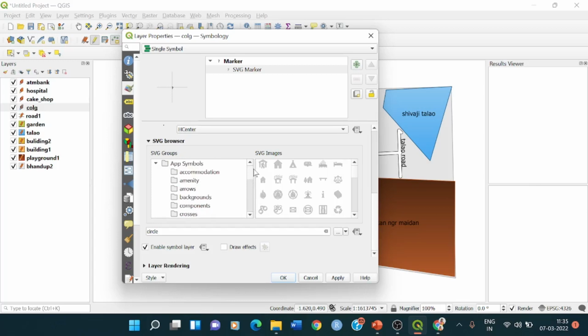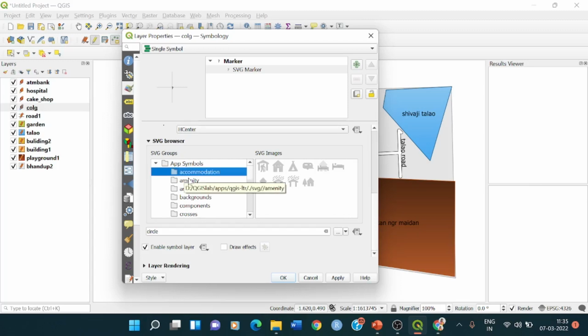You can check on what will be good for this. For college, say